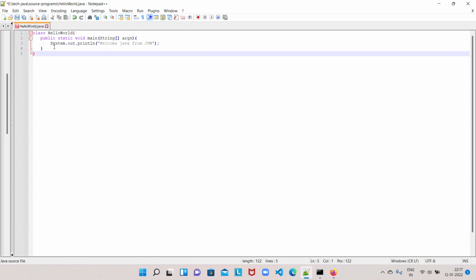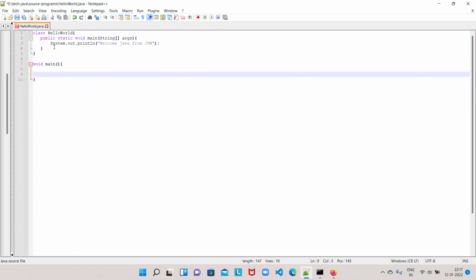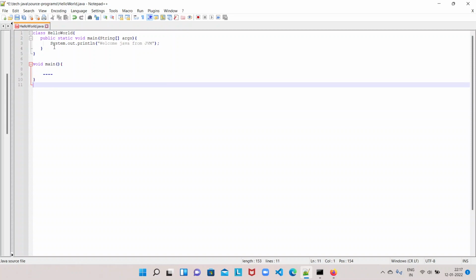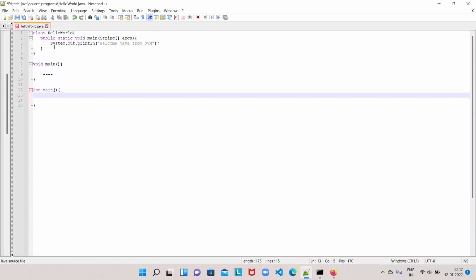In general, in our C or C++ programming languages, we write a main method like this, or it will return some value, like return 1 or 0 or anything, 200 or 100, whatever it is.